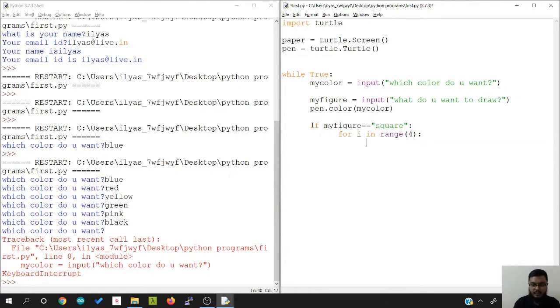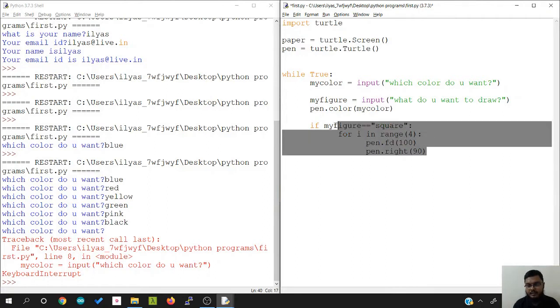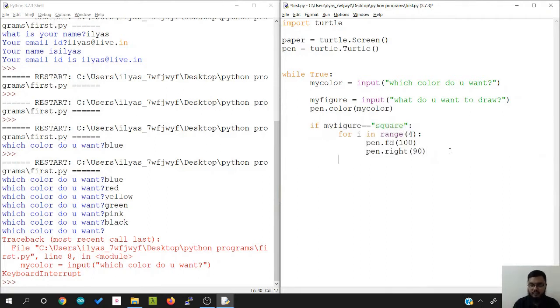So it has to be pen.fd(100) and then pen.right(90). So this is square, and if my figure is, let's say, Ctrl+C, Ctrl+V, just copy pasting, and if it's equal to triangle,